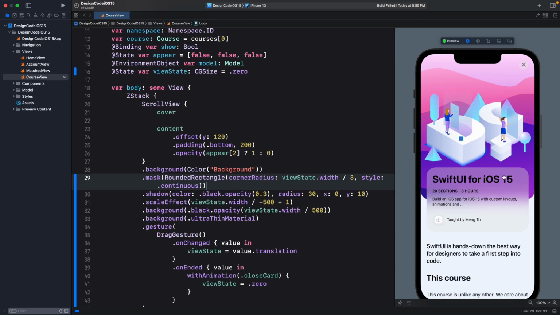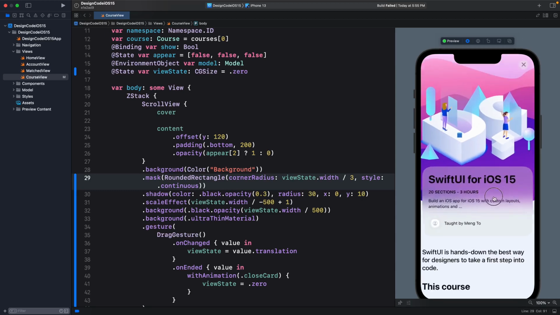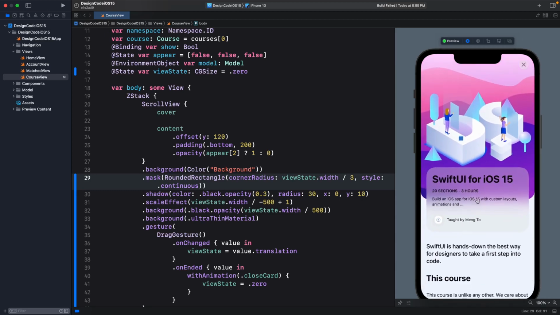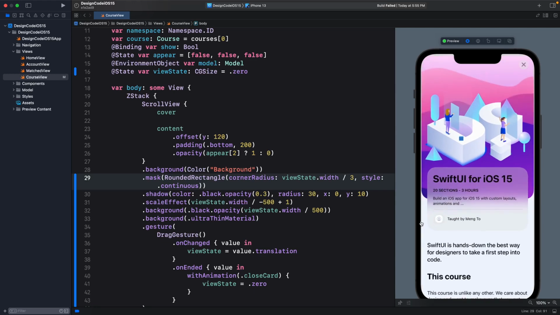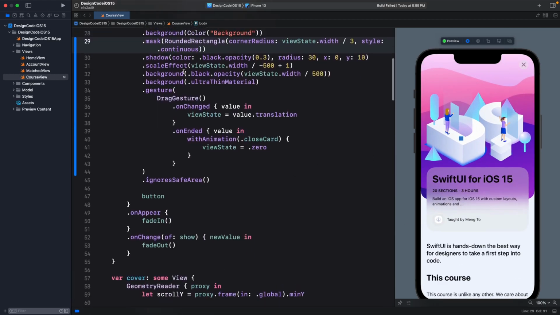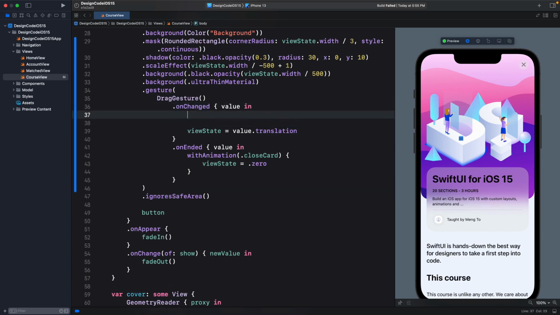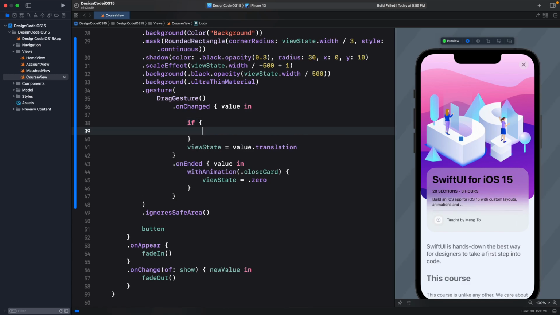Next, we're going to try to fix when we drag left. We don't want this to scale up because it looks really weird. So we can decide to block the left drag and just enable the right drag. To do that, we're going to go to the drag gesture where it says onChanged, and right before view state, we're going to use a guard. And a guard is like an if statement, except that we don't need to indent. So I don't need to do if and then curly braces and then more if inside,